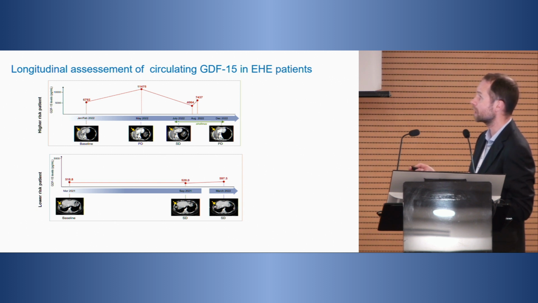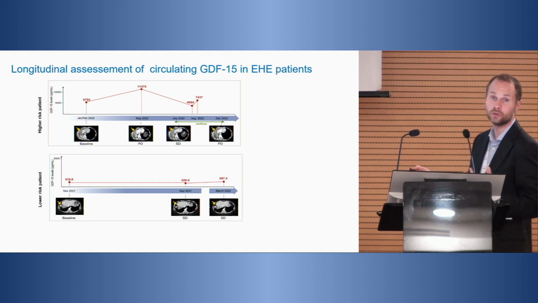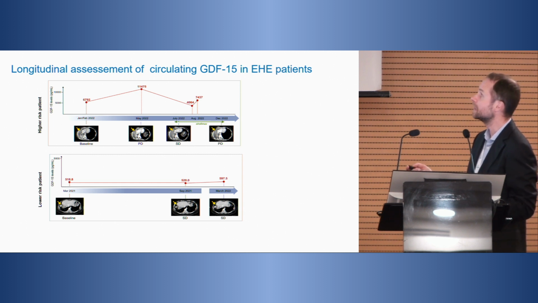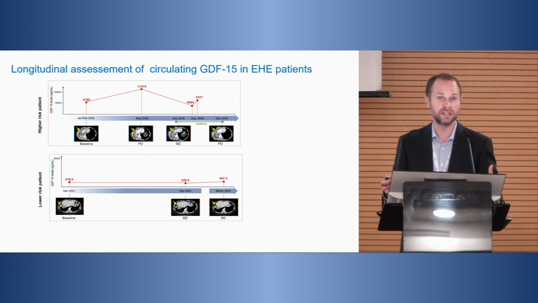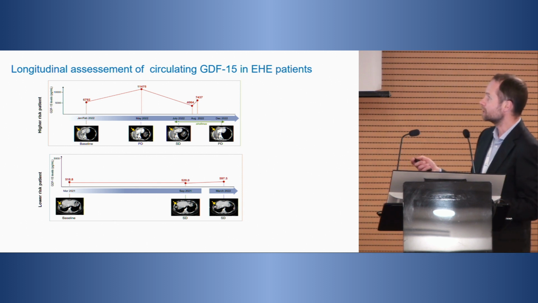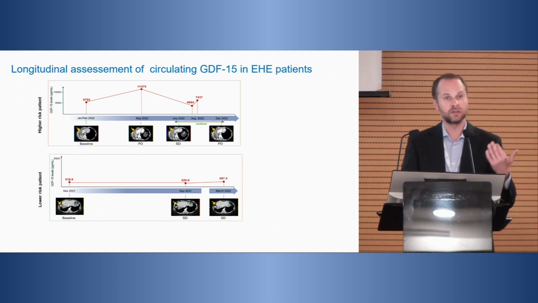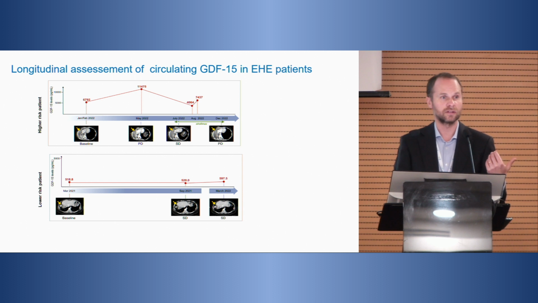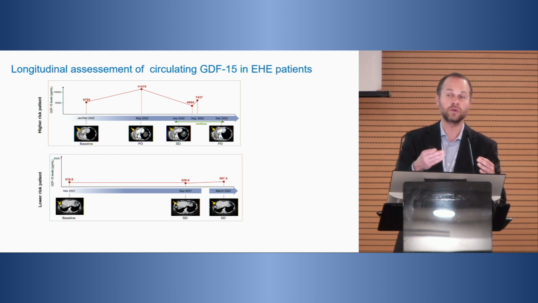So basically what happens, from here to here, the patient's tumor progressed. Then the patient was started on sirolimus, and there was a decrease of GDF15, consistent with the treatment with sirolimus. Eventually, the patient relapsed, and there was an increase in the GDF15 level